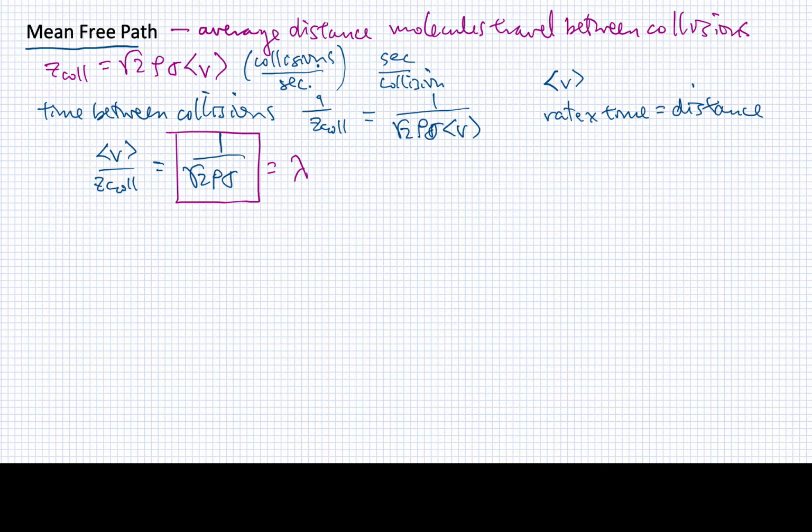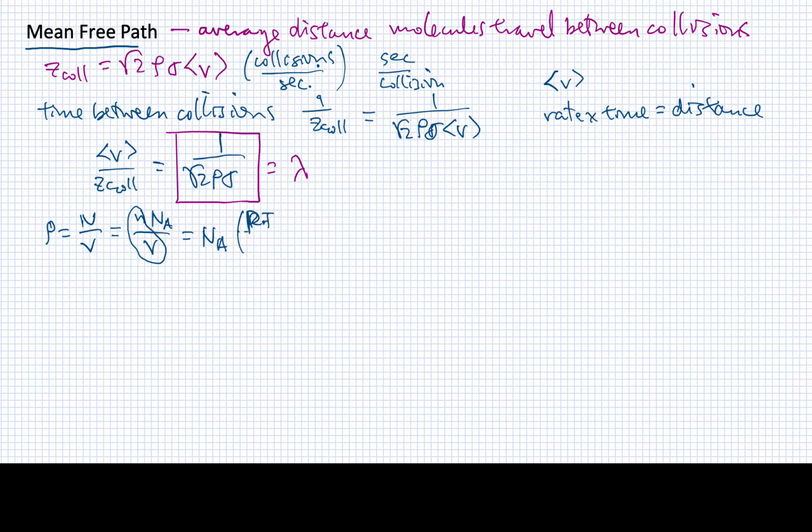Now, since this is a relatively easy result to get to, I could make this a 30-second video, or I could tell you a little bit more about what sort of typical values one gets for these things. So let's take a look at that. All right, average number density for molecules, so this is number of molecules over volume, would be something like the number of moles times Avogadro's number divided by the volume. But this number of moles over the volume is something I can use the ideal gas law to tell me is equal to